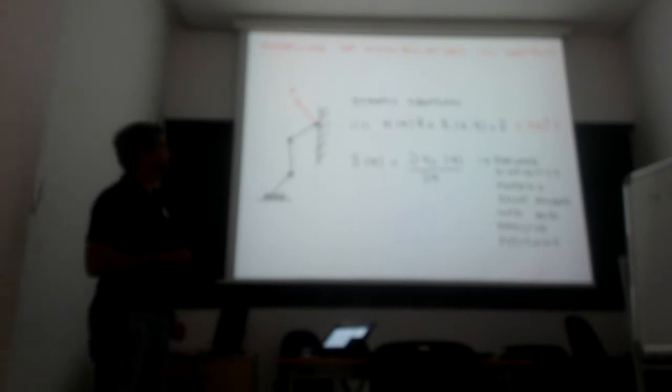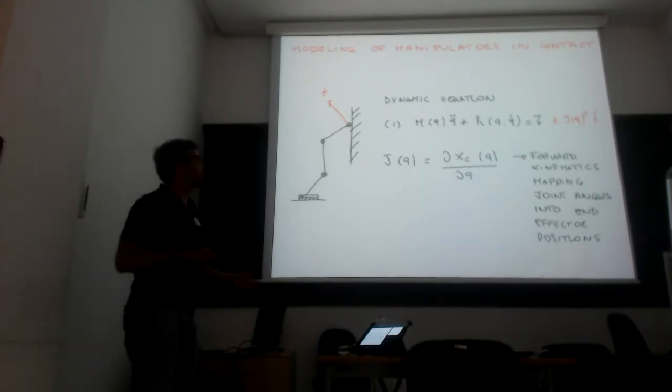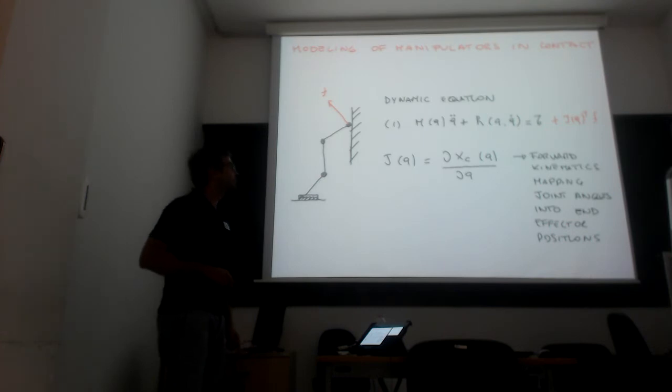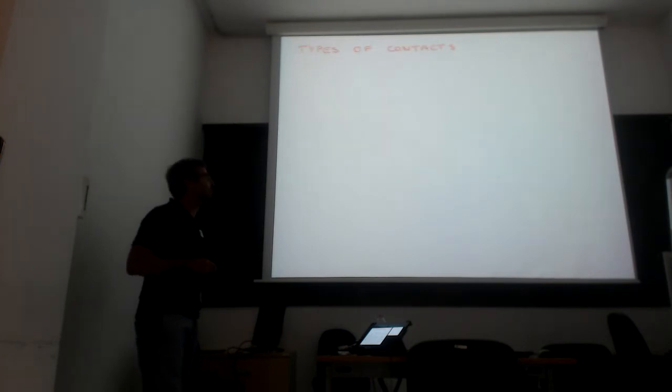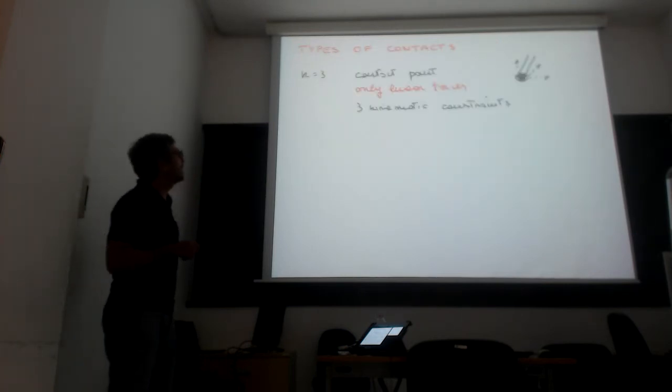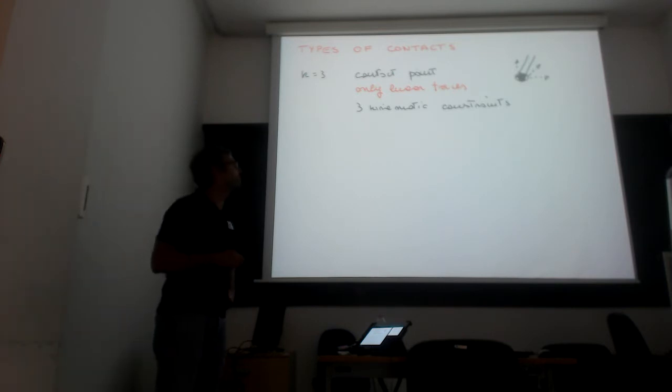And it's computed as the partial derivative of the forward kinematics of the position of the end effector with respect to the vector of joint angles. So we see that the Jacobian is also position dependent, depends on the configuration, and it will have different size depending on the number of constraints that